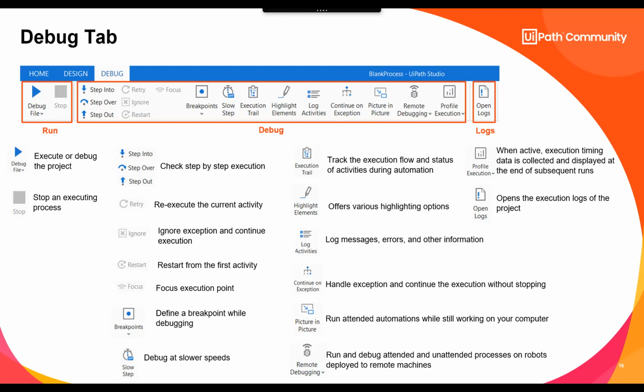The other option we have is the picture-in-picture option. What it does is help the user who's developing a process to run attended automations while still working on their computer. So you don't have to sit back and wait for the attended robot to execute. Because an attended robot ideally needs to have the interface in view in order to run, picture-in-picture enables you to still continue working on your other things while